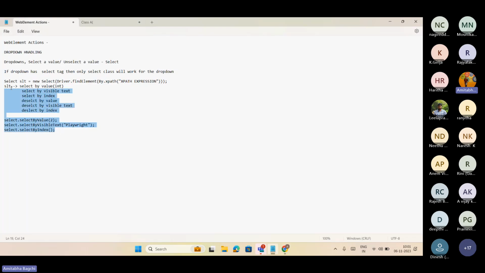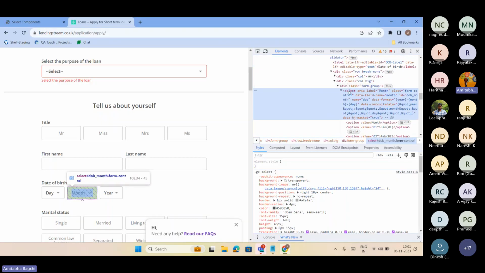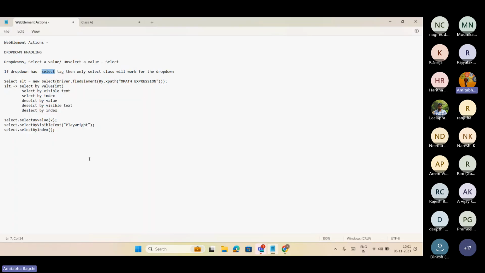So all this, whatever we are saying is select or deselect, it will only happen if the drop down has a select tag. You can see here, right? Everything has a select tag. If the select tag is present, then only the select class will work. If the select is not there, then there are different ways. This is most important because in real life, 50% of the drop downs will have a select tag, 50% may not have. If the select tag is not there for any drop down,